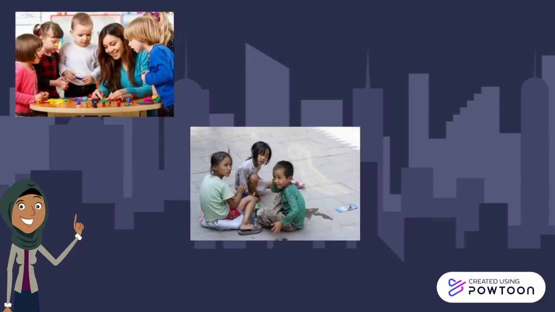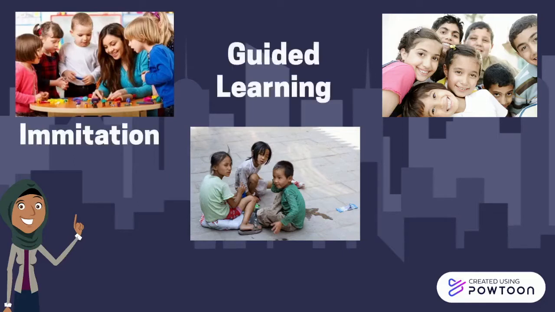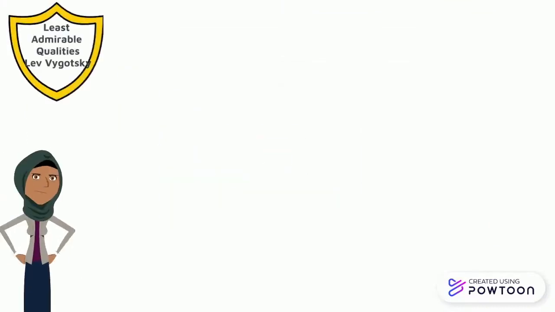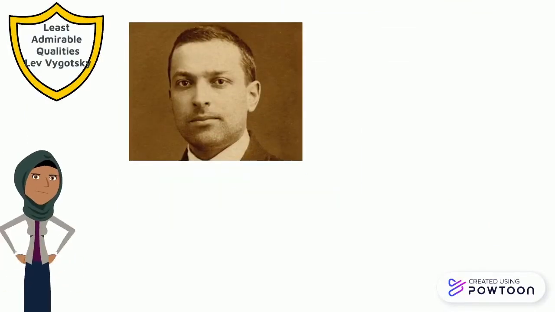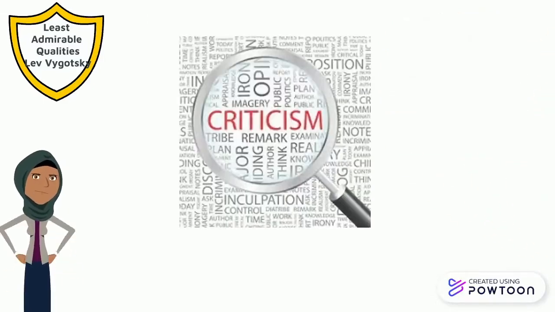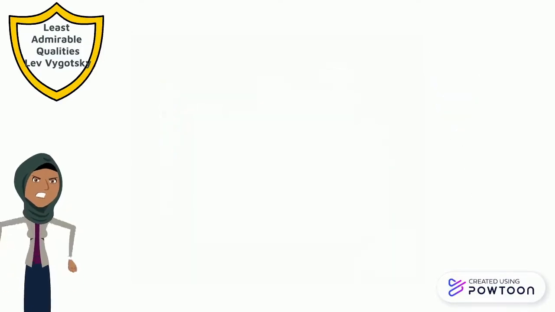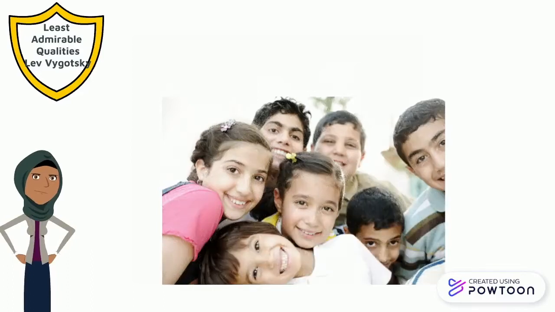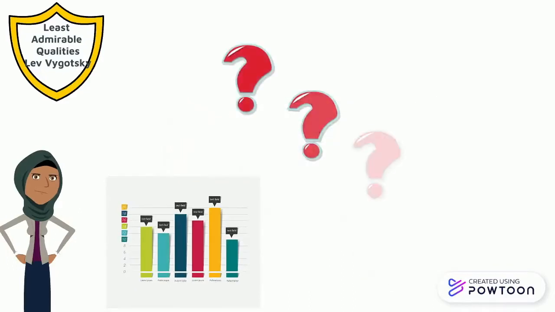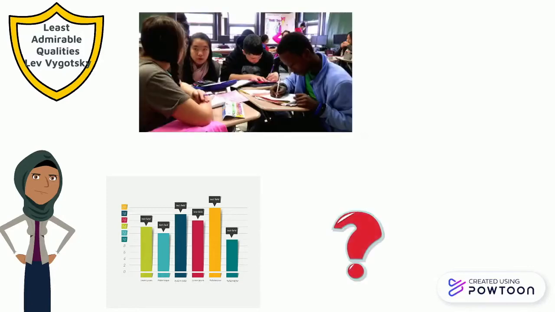Vygotsky observed that culture has a significant impact on children's learning and development. In his theory, imitation, guided learning, and collaborative learning are all essential. There is no doubt that Vygotsky is one of the most eminent psychologists in the fields of education and child development. However, his theory has faced wide criticism due to the absence of experimental tests. Vygotsky believed that social interaction was incumbent to learning. Nonetheless, his ambiguous definition of social interaction, which failed to specify the best ways to communicate with others, caused the critiques to continue, even after he died.